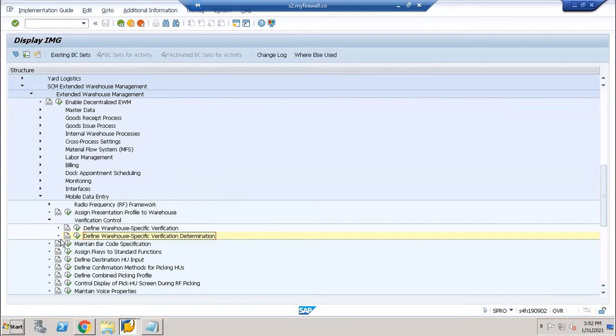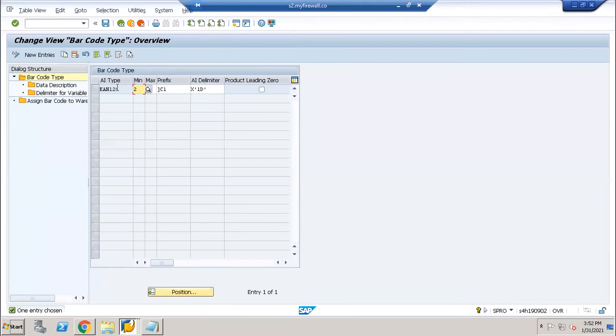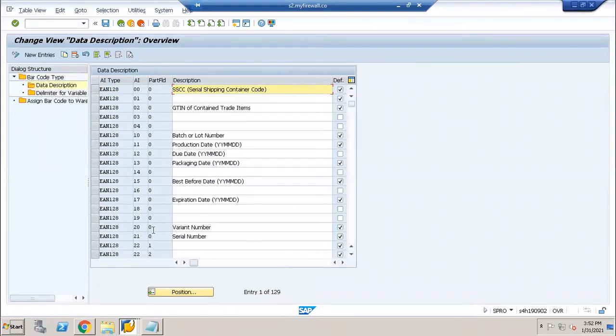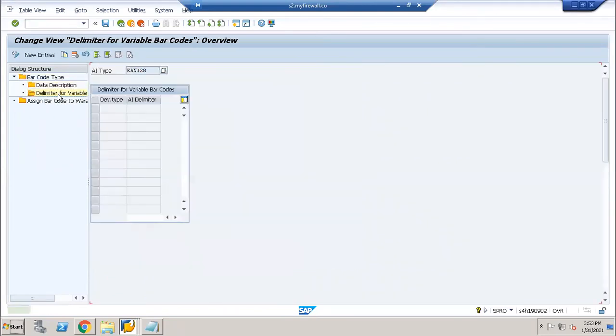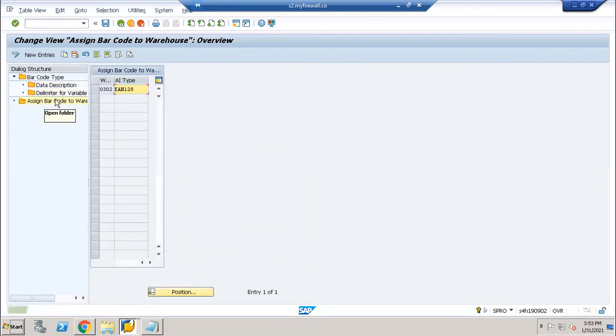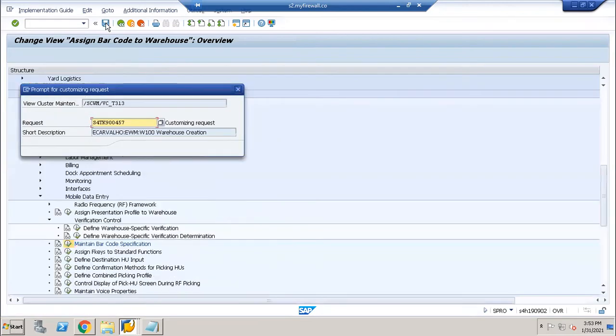Okay, so we can maintain this EAN 128 barcode, right? And we can describe the data. We know that, and also some global barcode are also there. How to assign this barcode with a particular ROS number, right? We can assign this barcode to our specific ROS number 1710, right? Save it.